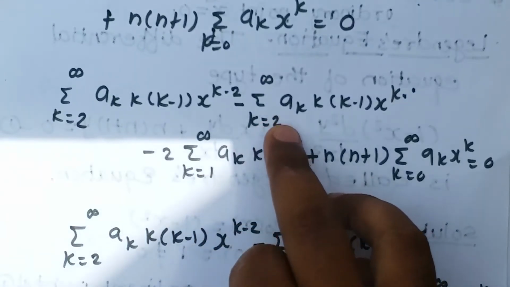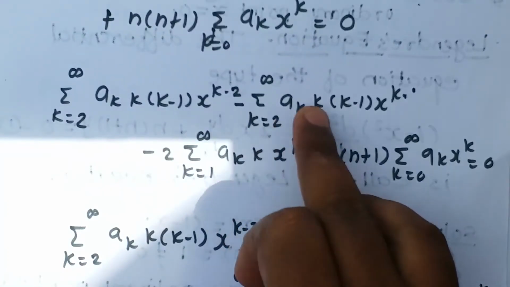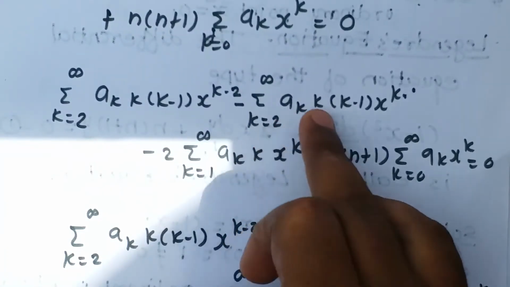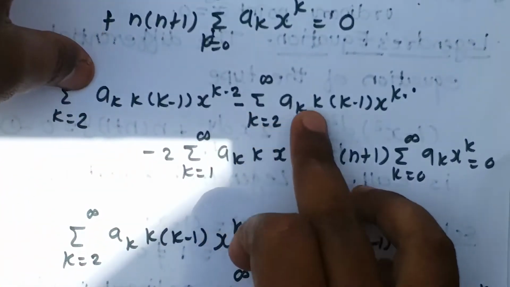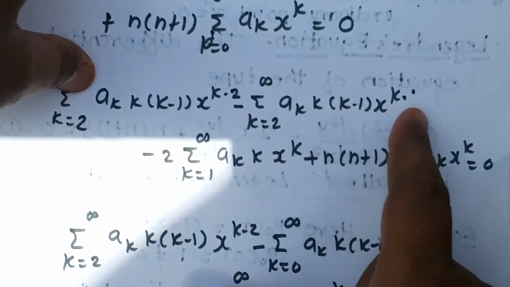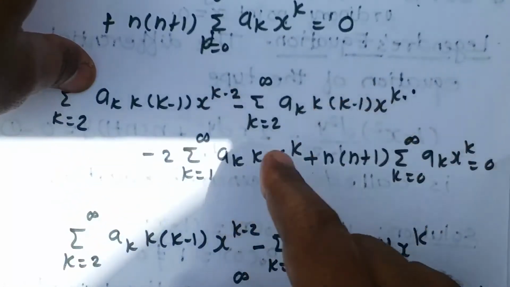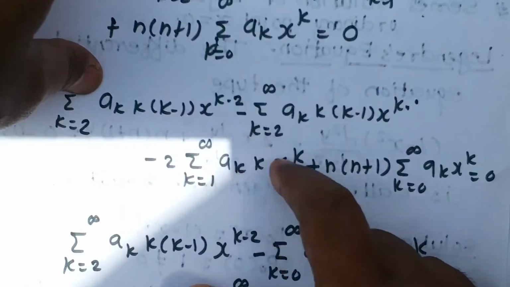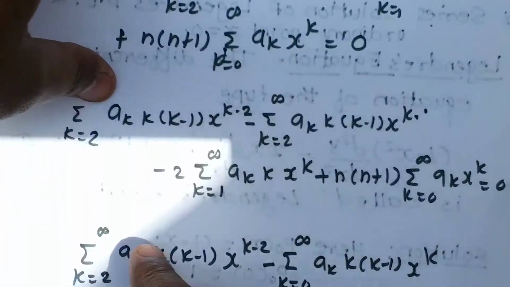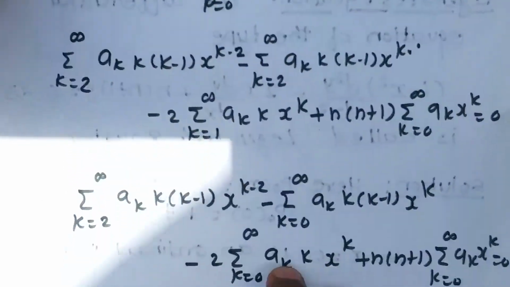And here if you are starting from 0, still we are going to add two zeros there, right? One for k equal to 0, this will give us 0, and for k equal to 1, this will become 0, and for k equal to 2, you will get some quantity, because this series you will get even if you are writing it from 0 to infinity. So there are three series which are containing x raised to k. All the series range we are going to change to 0 to infinity, and that is not going to change the value of the series. Okay, that thing you need to understand. And the first series having x raised to k minus 2, that we are going to keep as it is.